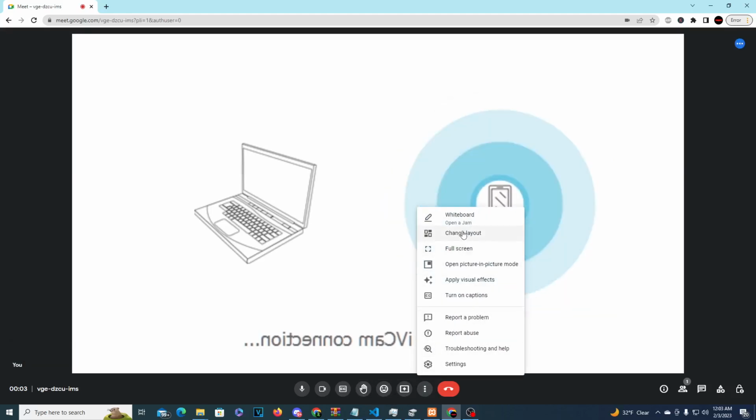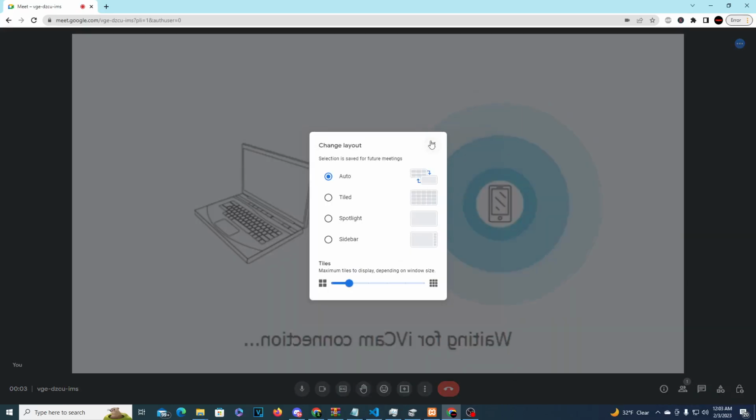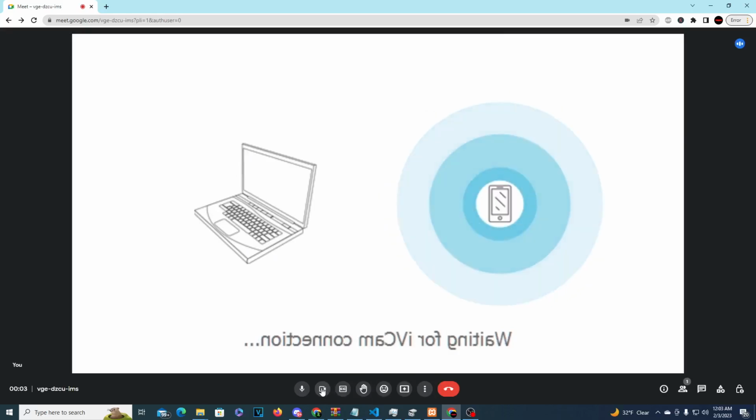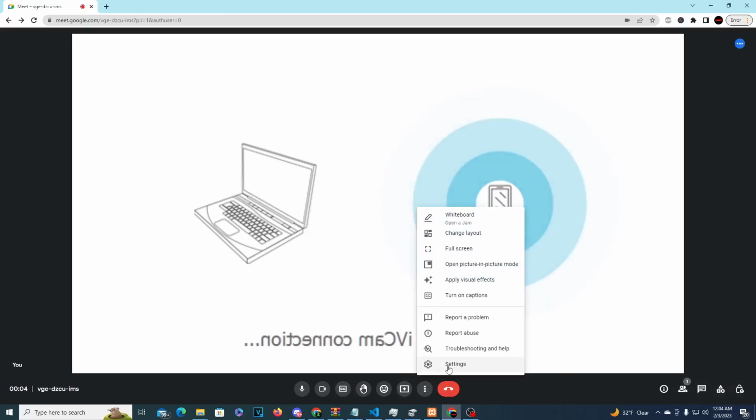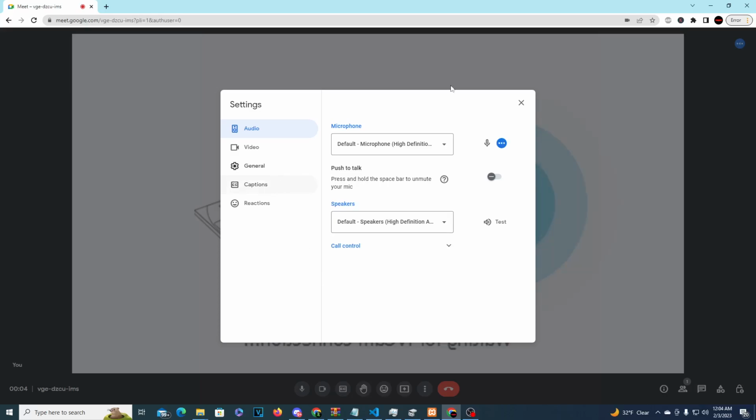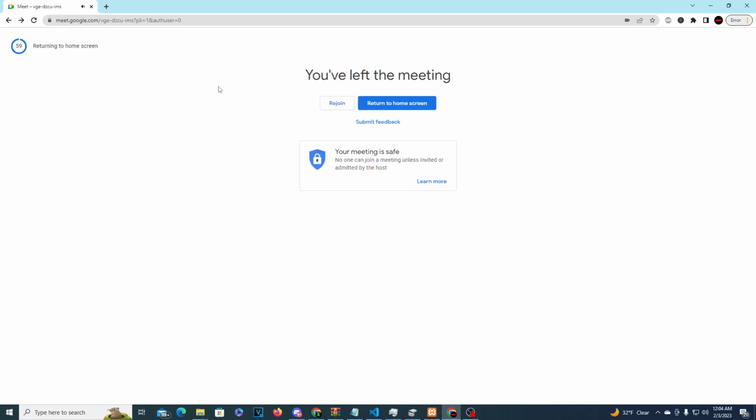And then change layout, but that's not really necessary. You can close your camera with this button, mute that. Then to end the meeting, you have to go to more options, settings, just hang up call, and then